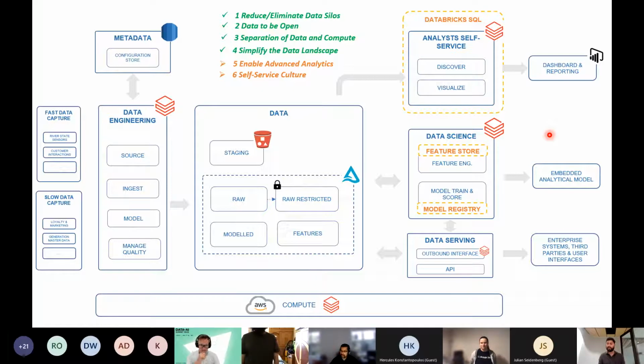Now, when we talk about self-service, I mentioned that we want to get the data to the people who want it as opposed to waiting in queue. When we want to do that, we still want to have a good amount of governance to it, while giving the freedom to the analyst to work on the data sets and build data sets for their consumption. We also want to make sure that we govern that properly. And that is an investment in the area of Unity Catalog, which Databricks is doing. So when we are ready to do that, all of the metadata management, the lineage, and the access controls that we have in place will be managed by Unity Catalog. So enabling advanced analytics and self-service is our focus in the next half of this year and onward.